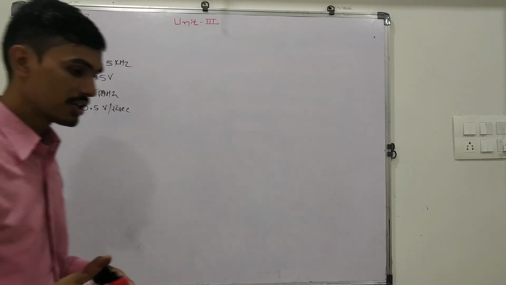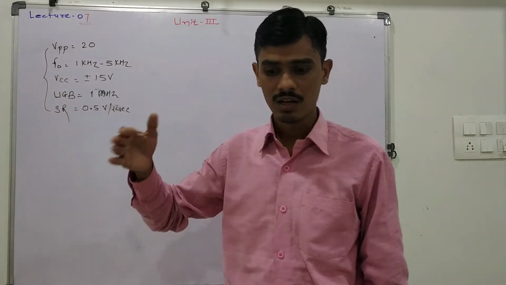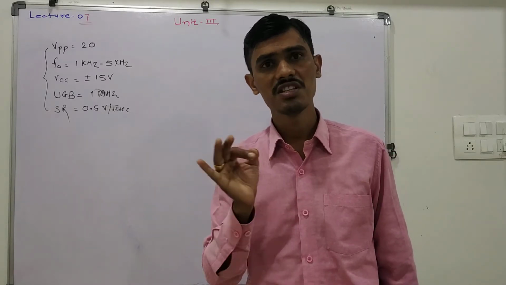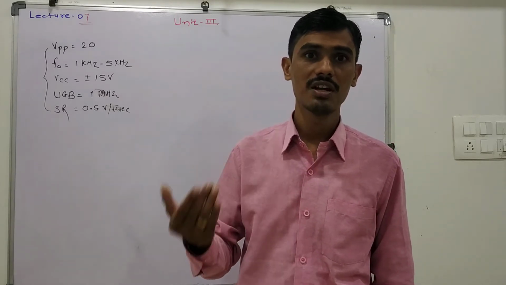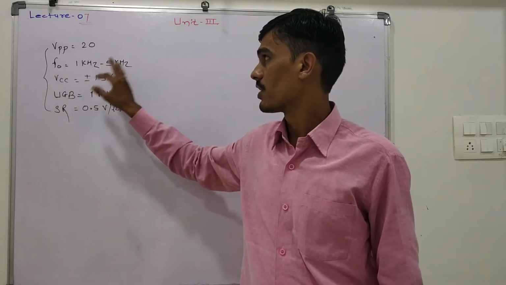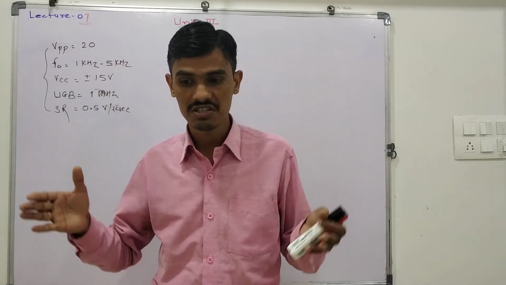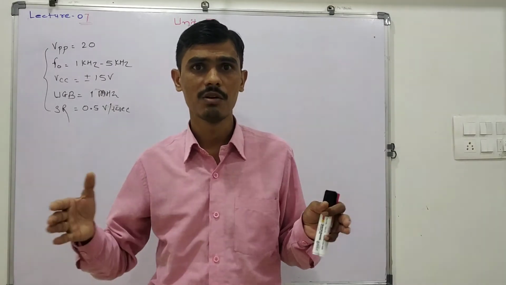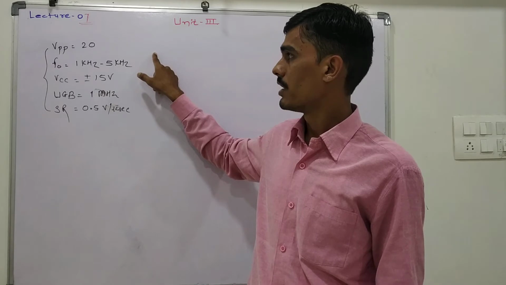Then here one new term is introduced, that is the output frequency. Up to this, we solved two problems related to the astable multivibrator where frequency is fixed. We designed a problem for the variable duty cycle, where the duty cycle is given as 40%, 60%, like that. Here the output frequency is changed, that is we require a variable frequency at the output end. That means whatever square wave we are generating is variable from 1 kilohertz to 5 kilohertz. That is a new term introduced in this problem.